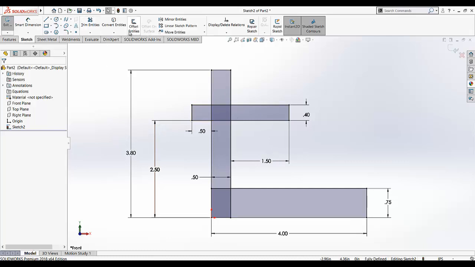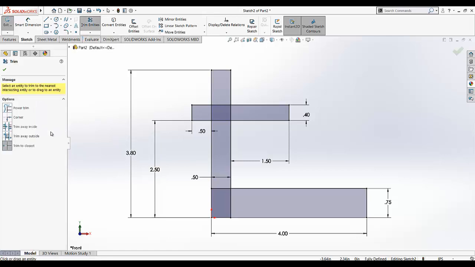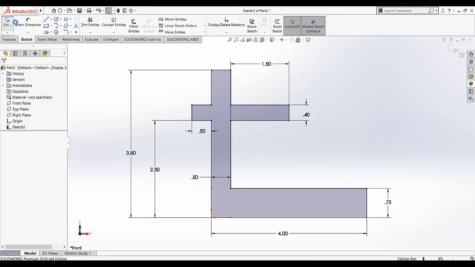Now we needed to use the trim entities tool to trim the unnecessary portion. So we don't need this portion, and we don't need this portion, and also we don't need this portion, this portion, this portion, and this portion. These lines we just remove. And so exit the sketch,